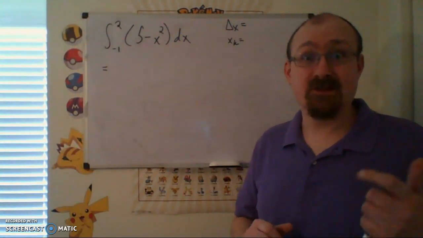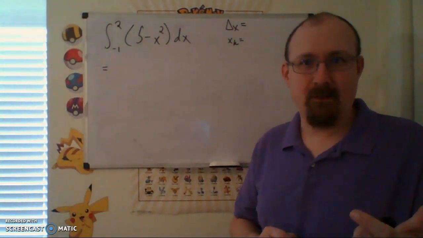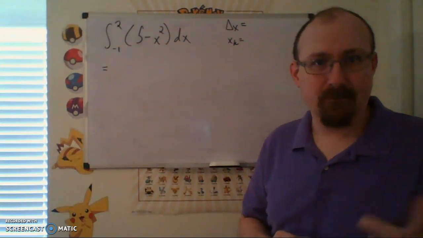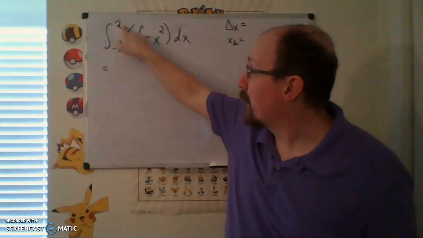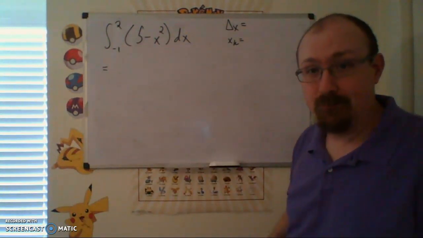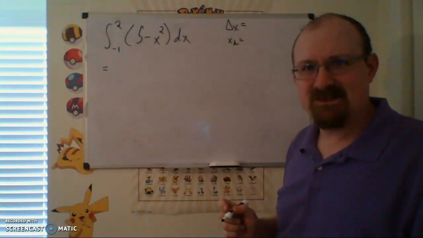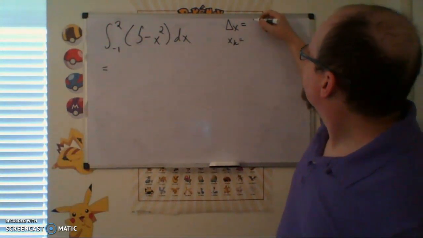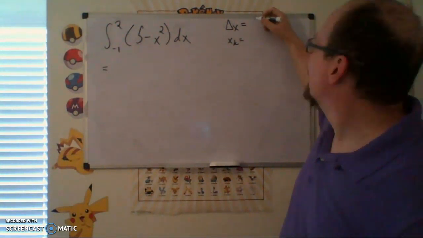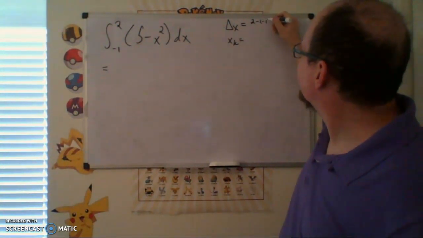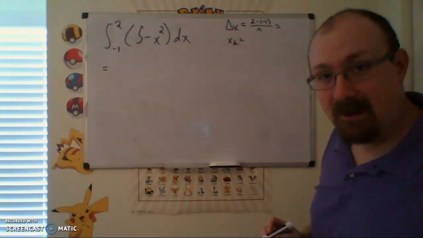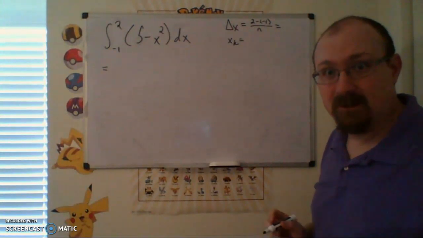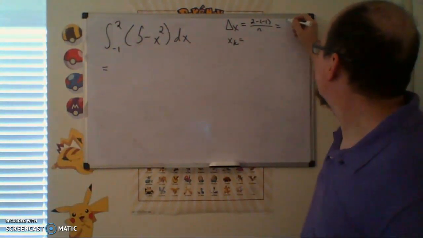One example down, let's revisit our other example of these Riemann sum estimates for definite integrals. So we were looking at the quadratic 5 minus x squared running over the interval from -1 to 2. So let's go ahead and set the stage for this thing. So b minus a over n, my b is 2, my a is -1. So apologies for the small handwriting, but 2 minus -1 is going to give me a 3,